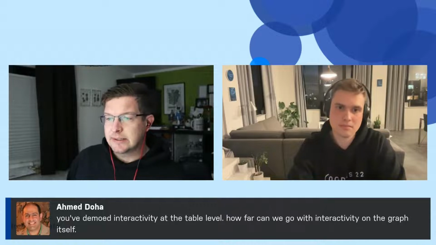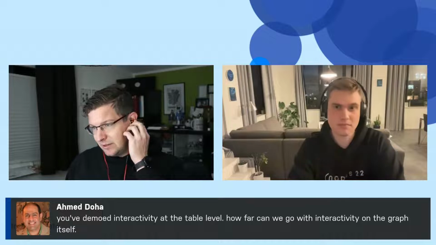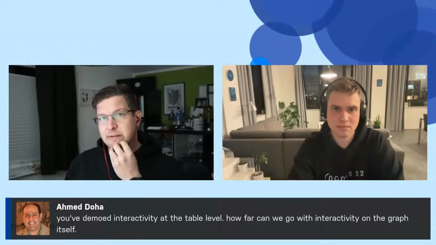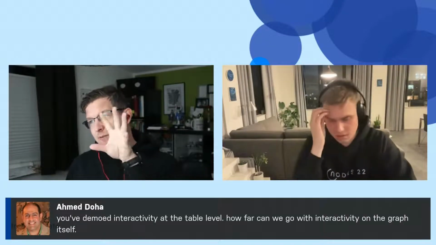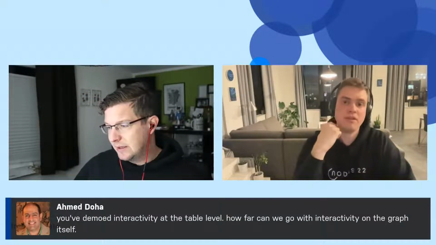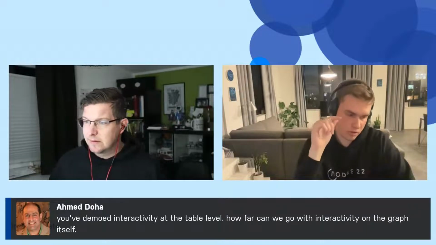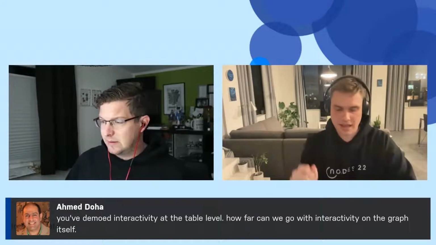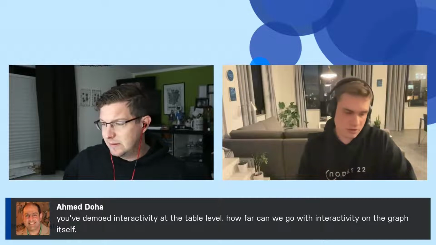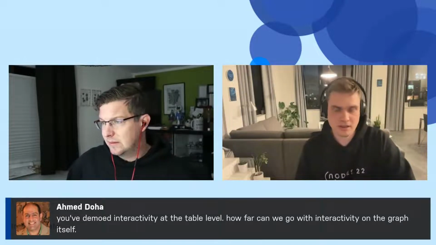Ahmed asked, you've demoed interactivity at the table level. How far can we go with interactivity on the graph itself? So yeah, that's a good question. So in terms of interactivity, with these report actions that I showed, you can define click events for nodes as well. So let's say you can add a trigger that if a user clicks on a node, another visualization gets updated, similar to how you would click on a table cell.